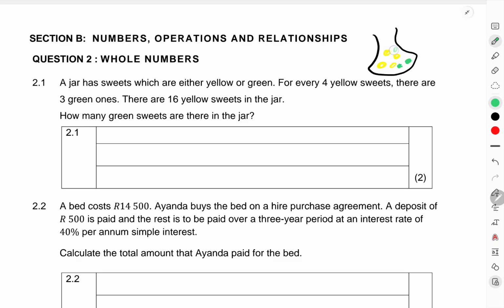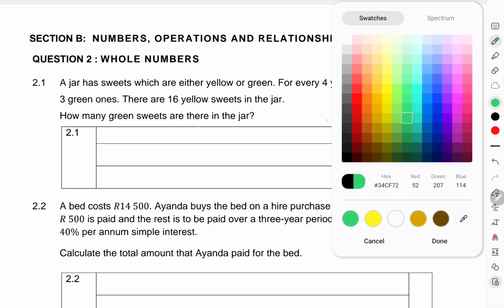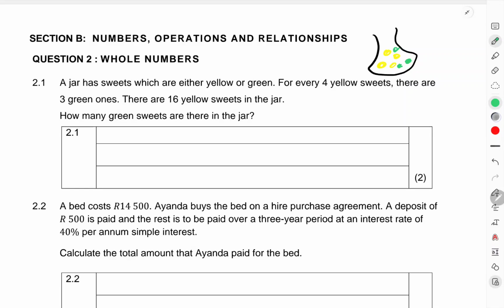Right? That is a jar. It consists of such sweets. A jar has sweets which are either yellow or green. For every 4 yellow sweets, there are 3 green ones. Meaning in this jar, for every 4 of the sweets being yellow, you are going to receive 3 of the sweets being green, right? Meaning if the sweets are the ratio between the yellow and green,